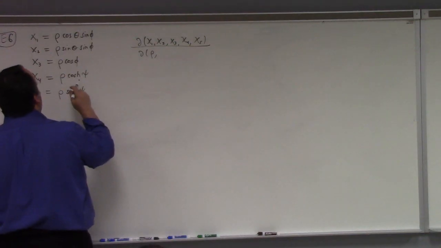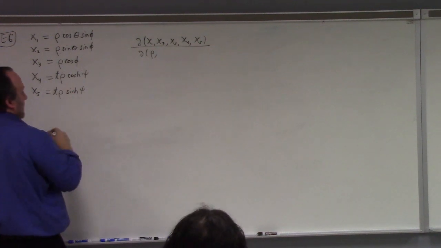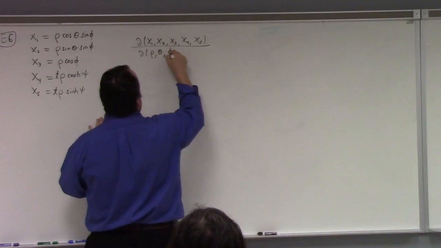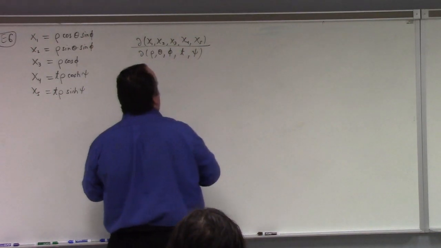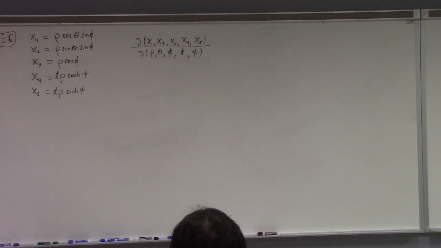Let us say t rho. So the coordinates are rho, theta, phi, t, psi. To calculate that Jacobian, I'd have to work out a 5 by 5 matrix and calculate its determinant. We could do that, but